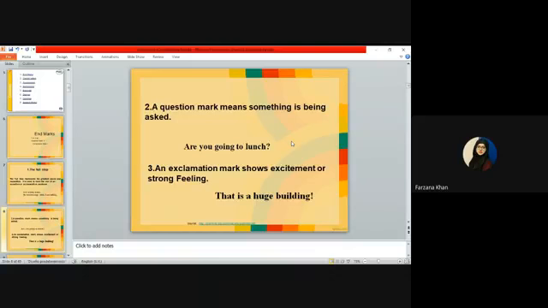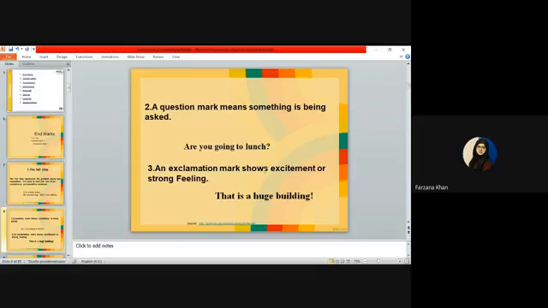So here you can see in this example, are you going to lunch? So in this sentence, only the structure has been changed. First of all, the helping verb is placed at the start to make it a question sentence. But how will others be able to understand that this is a question? By placing a question mark, which is very important. So question marks are placed at the end of interrogative sentences when you want to ask something.